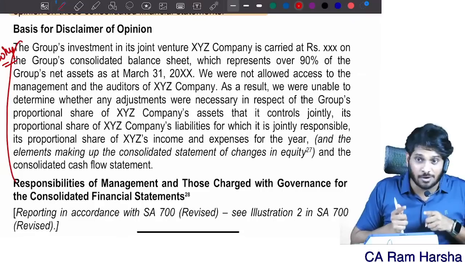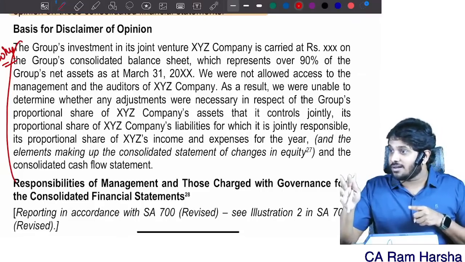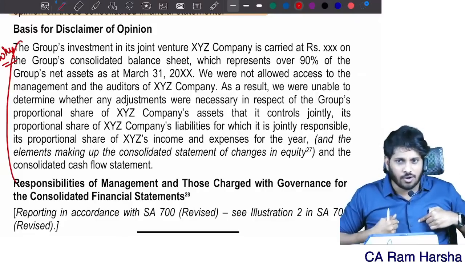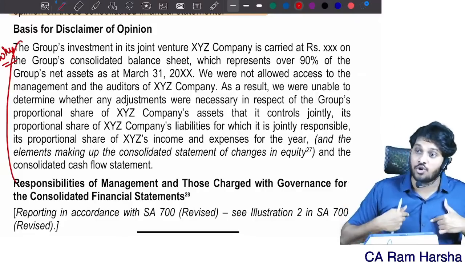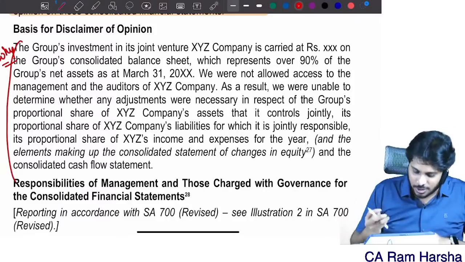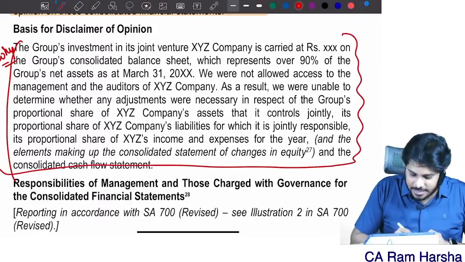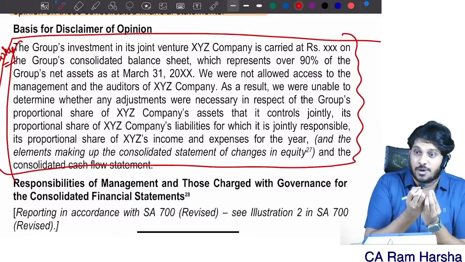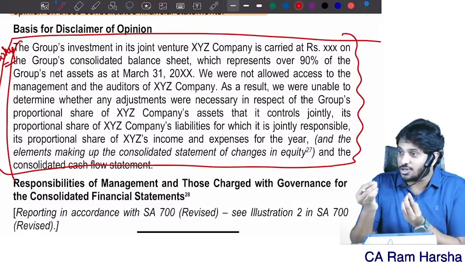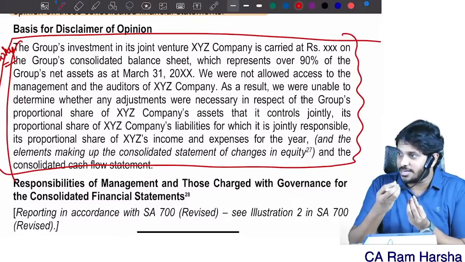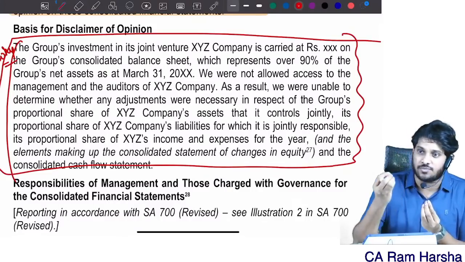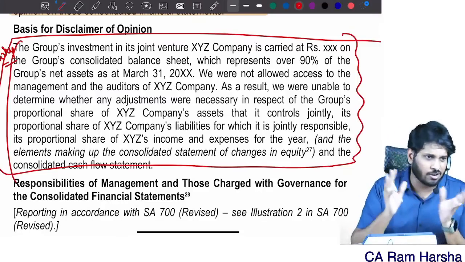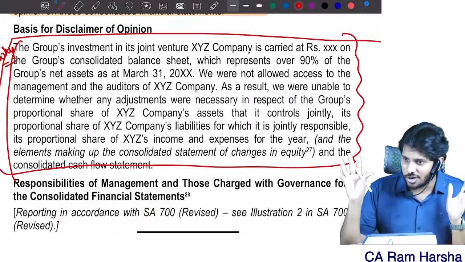In case of disclaimer, you have not given any opinion. In that case, how do you give your opinion? Do I want to know? No need. But you didn't give an opinion. No, I want to know exactly why you didn't give an opinion. So that's why you are just giving the reason here why you did not give an opinion. That para is there, na? Our responsibility, we conducted our audit as per standards on auditing. Our responsibilities under those standards are further described in the auditor's responsibilities for the financial statements. We are independent of the company. We comply with the code of ethics. That and all not required.